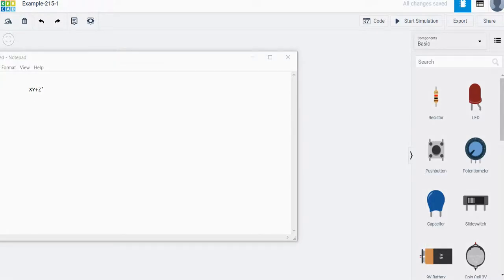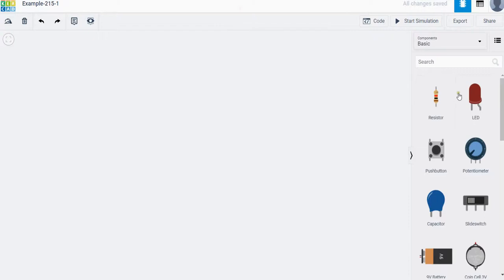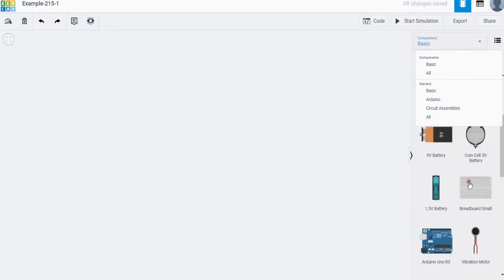Here is an example for how you do one very simple Boolean function. In this case, we're going to do this Boolean function, x and y or z not. All right, so first thing we need is to get a board. So we're going to need a board